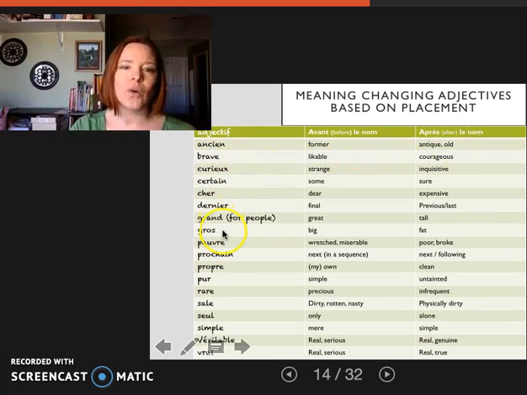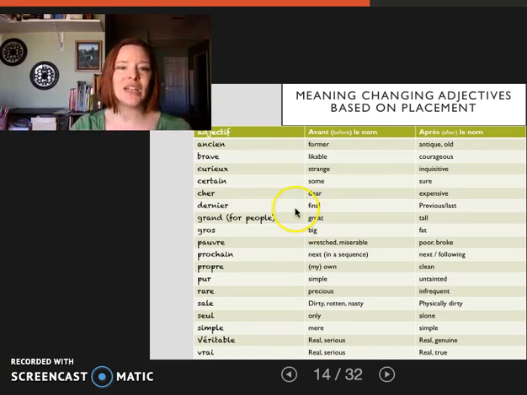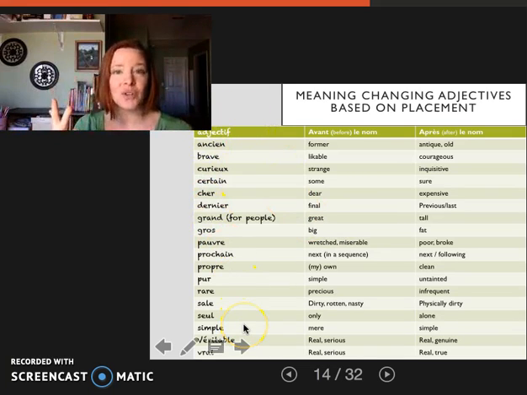Similarly with gros, we saw gros is on the list, it means basically fat. But look at, there's 2 different meanings here. So if I say, mon gros gâteau, it's like this thick cake. It's this big cake. It's not just like a fat cake, it's big. So that's a different abstract meaning. And similarly, a lot of these other adjectives can have both those meanings.